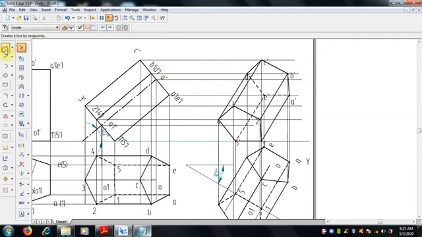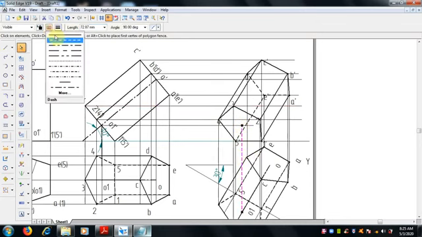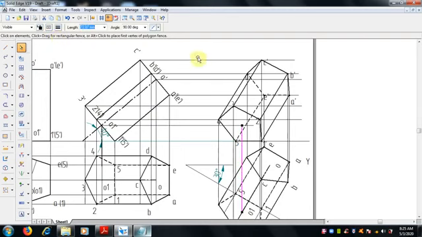From the bottom here to here it is projected. Select thin line with 0.13 mm thickness. So now O is projected.